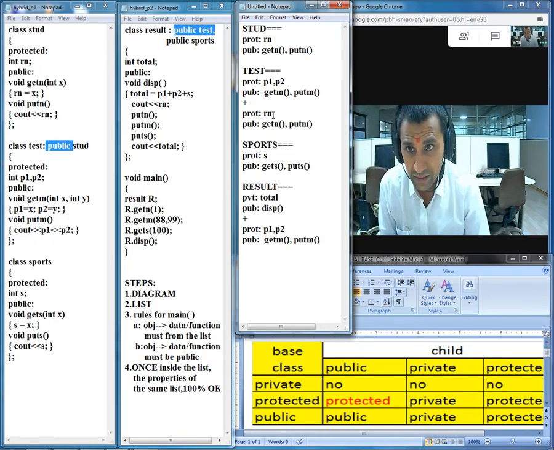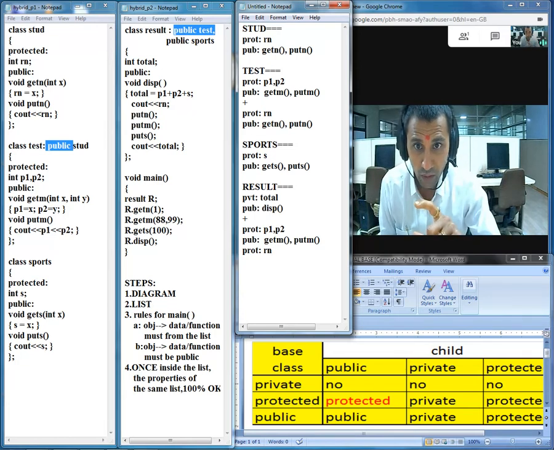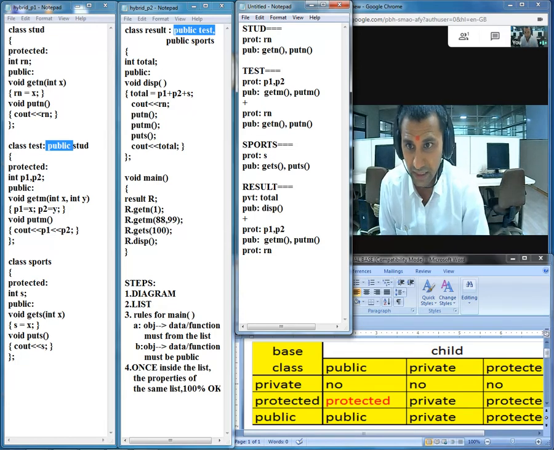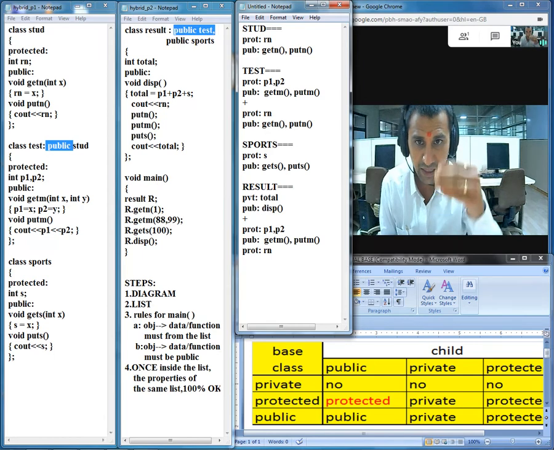Once again, the same practice. Base class protected and child class public. Where exactly are they going to meet? In the protected section, like this. We are considering the whole unit, so in the same part we keep them updated, adding in the same unit.